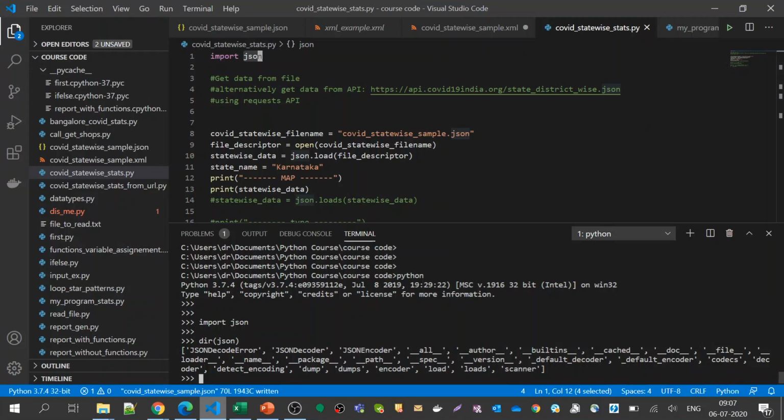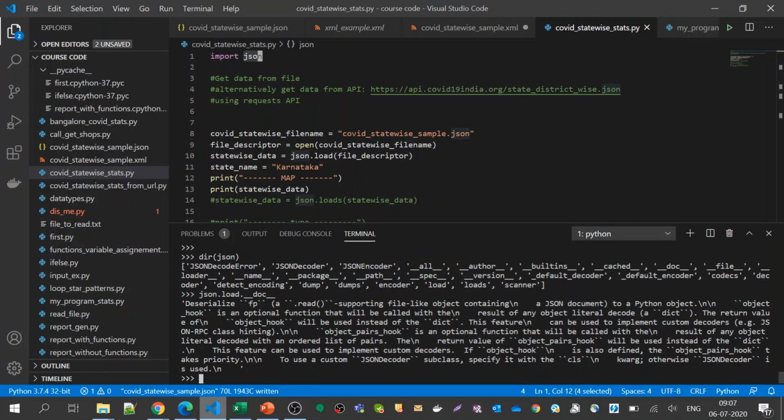Let us see what load does. You just do json.load, and to read the function's doc string, you do doc. It tells us: deserialize file pointer. It will take some time to get used to this kind of format.